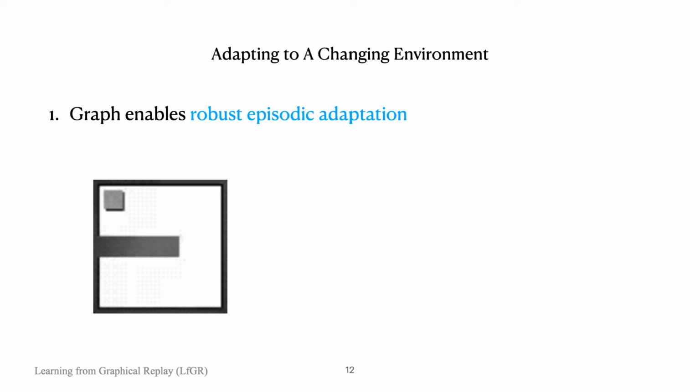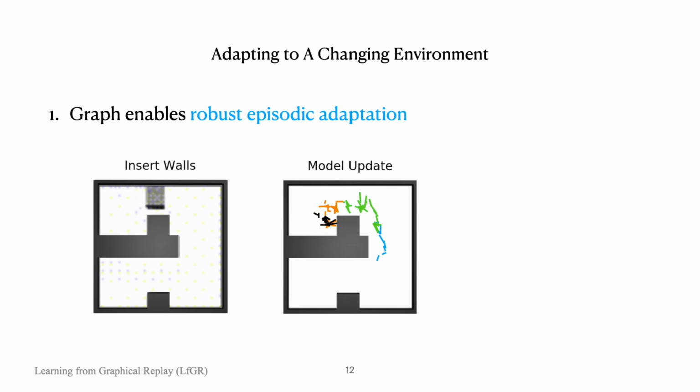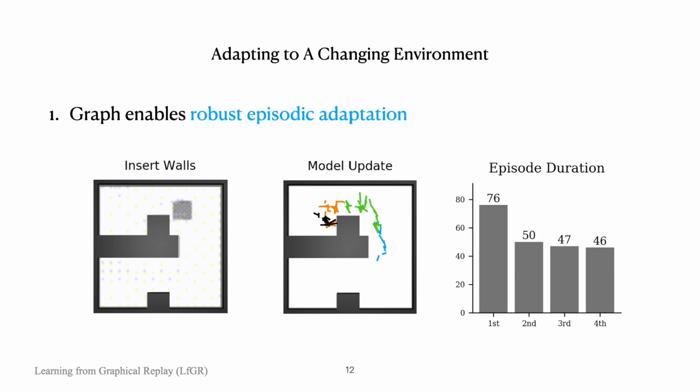We present three main results. First, we demonstrate robust episodic adaptation by reenacting the Kerplunk experiment from 1930s. In this experiment, the agent starts with the ability to traverse this maze. We then insert the wall, which forces the agent to update the graph by removing these edges that are now invalid. This episodic approach allows the agent to learn instantaneously without gradient update, which translates into this monotonic improvement over